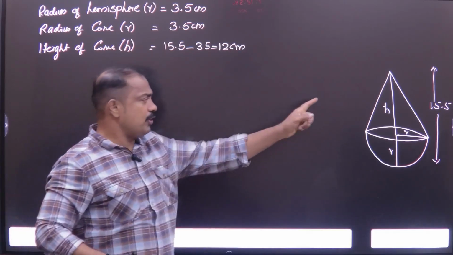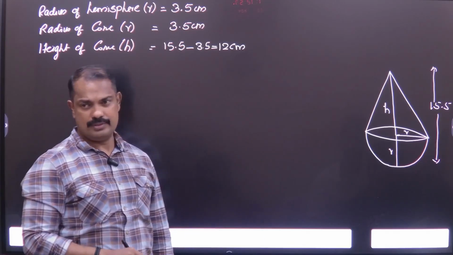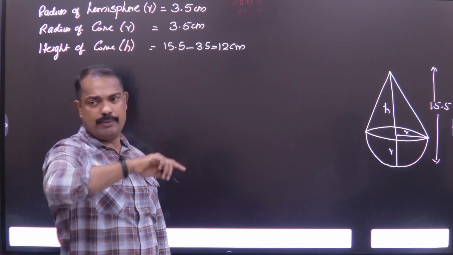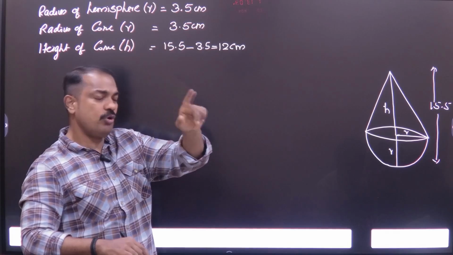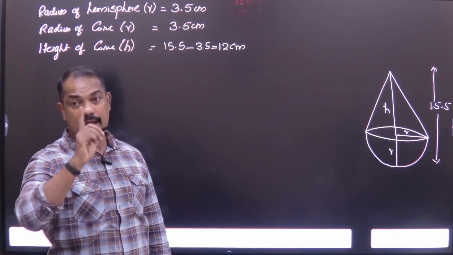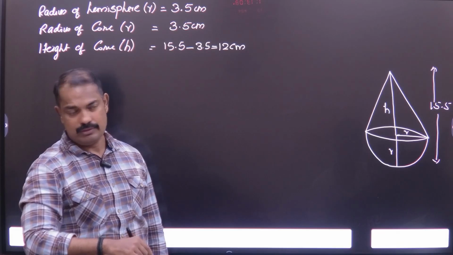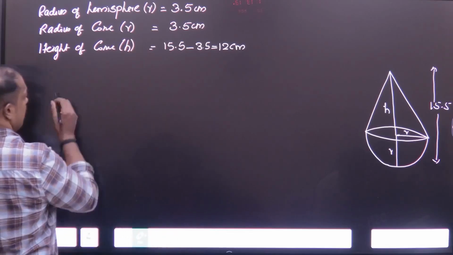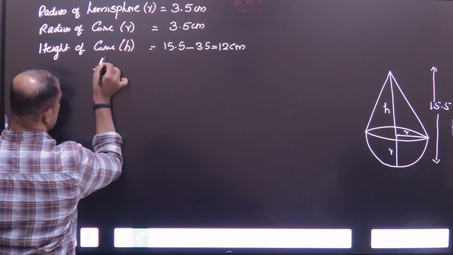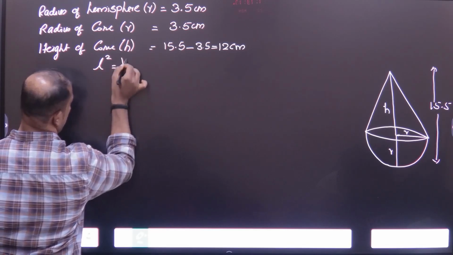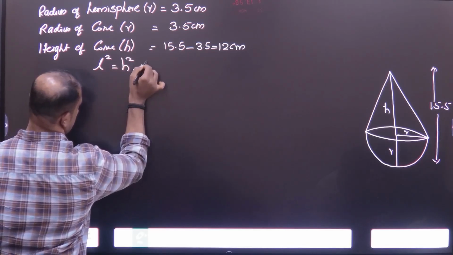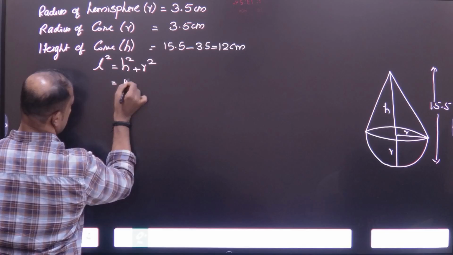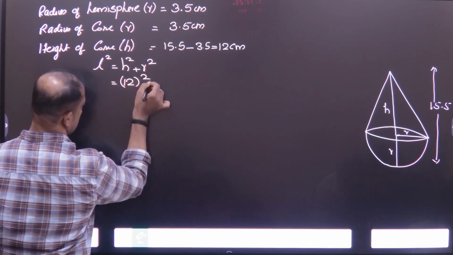What is the total surface area of the toy? CSA of cone plus CSA of hemisphere. What is the formula to find the CSA of a cone? Pi r L, but L is not given. We can apply Pythagoras theorem first to find the L. L squared is equal to h square plus r square. What is h? 12 square plus